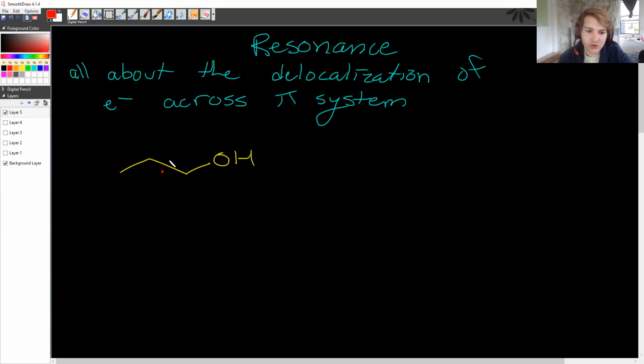are electrons that are shared in single bonds, right? These guys are locked in. They are unable to move. You cannot move shared electrons because if one atom tries to give it away, the other one's gonna be like, no, no, no, no. They're staying right where they're going, okay? They are staying right here. Versus